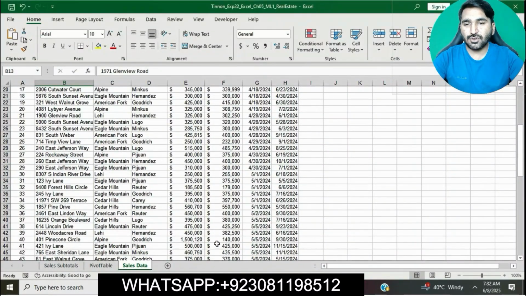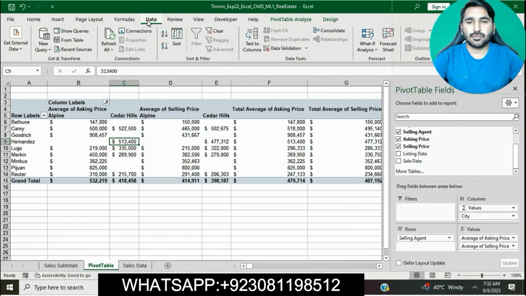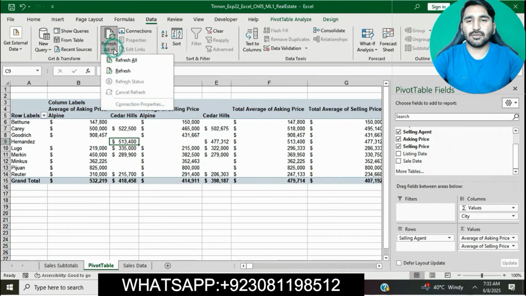Here is number 40. We'll change 140,000 to 140 lakh. Okay, this is good. Now go to the Data tab and refresh the pivot table. Refresh All.